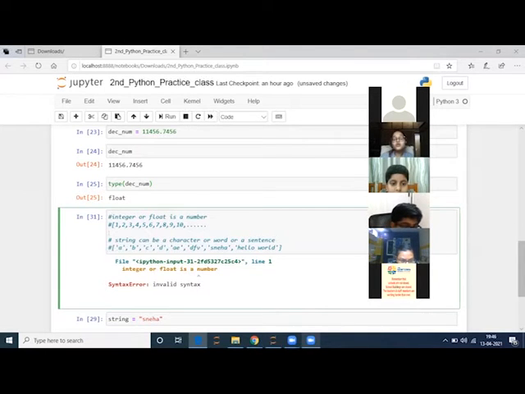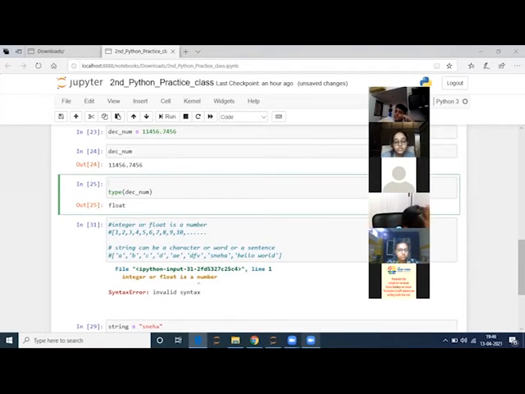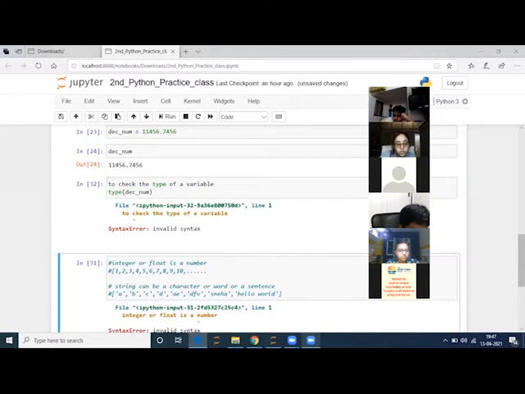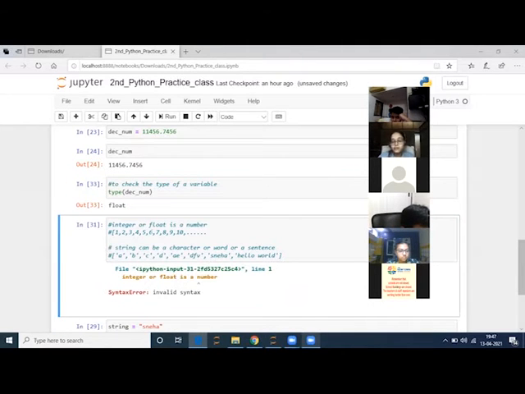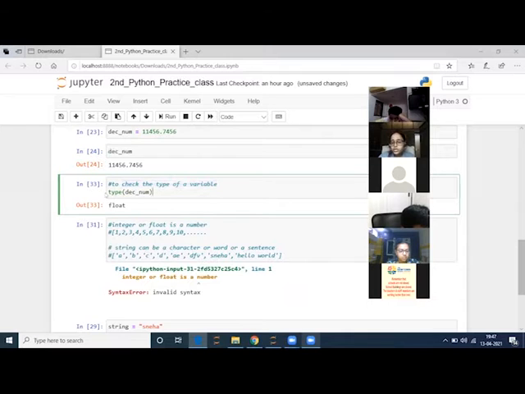Whenever you want to write something, for example, I am trying to mention what I'm doing over here, I will write "check the type of a variable". If I haven't put the hash, I will see an error. So that I don't see any error, I put a hash and it will work fine.